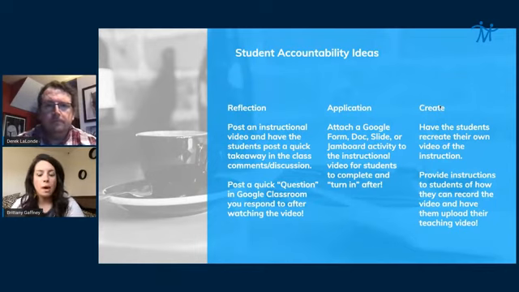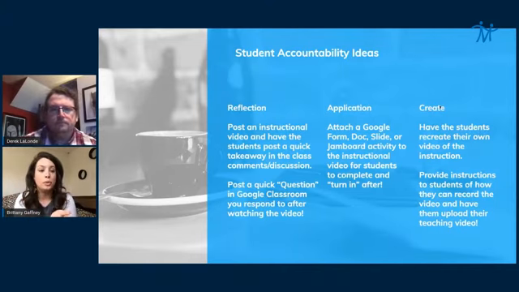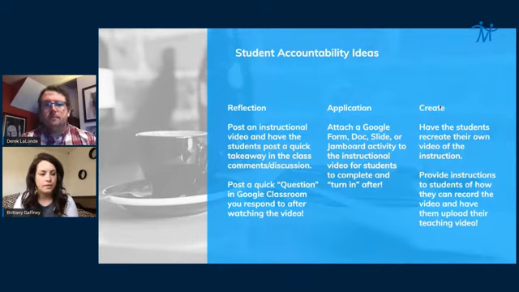Then you could kick it up a notch to application, where you attach like a Google form or a slide or a doc or something for them to physically do after watching your video, and physically hand into you for you to, eventually maybe take as a grade if that's the route, or really just assess what they got out